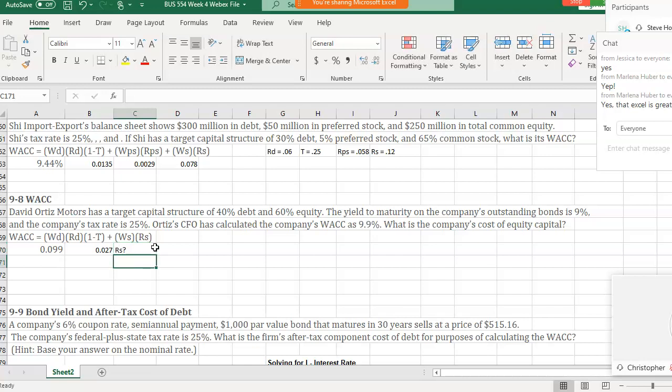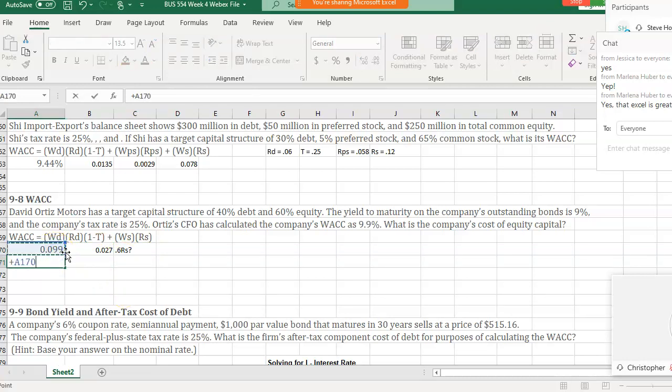I'm just going to plug a question mark there. What is my R sub S? So to get to that number, I know my weighting on R sub S is 0.6. So what I can actually do is say 0.6 R sub S would be the last piece of the puzzle. So I now have to solve for the R sub S. To do that, I have to simplify my formula. And so what I do is I subtract the 0.027 from the left side. So I take the 0.099, I subtract the 0.027, and so I get